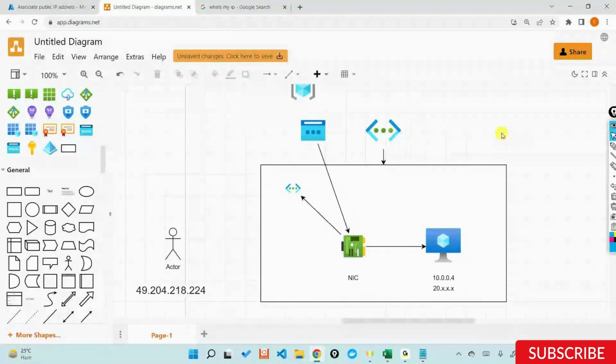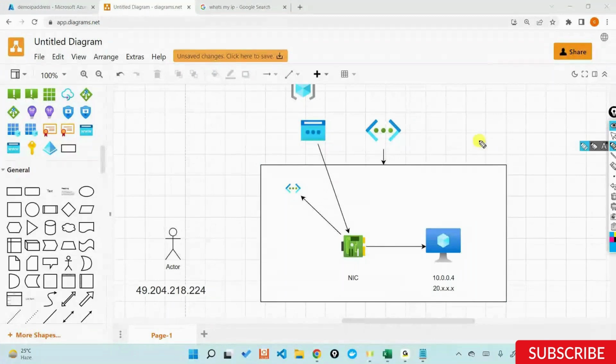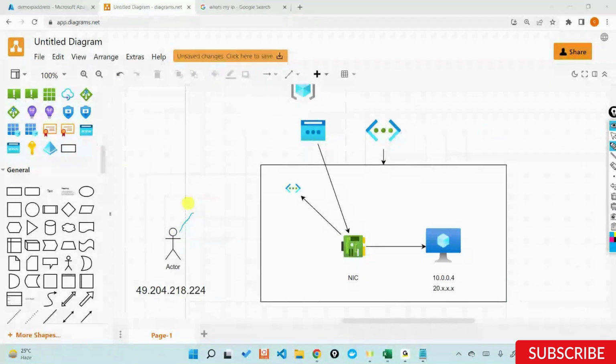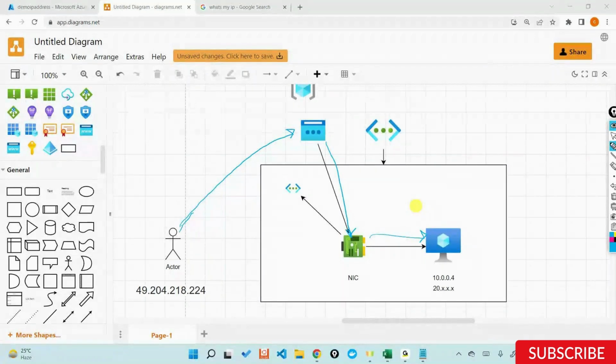So now my VM has both a public IP and also a private IP, and I as a user can start communicating with this IP address, and this IP address communicates with this NIC card, and the NIC card internally diverts the traffic to that particular virtual machine. This is how the communication flows from one point to the other, meaning from my laptop, my machine, to the IP address, then to the NIC card, then to this virtual machine. So if I go back into the Azure portal,